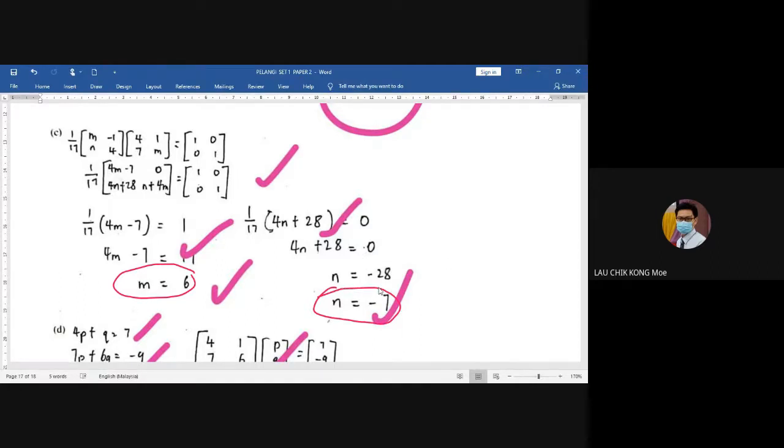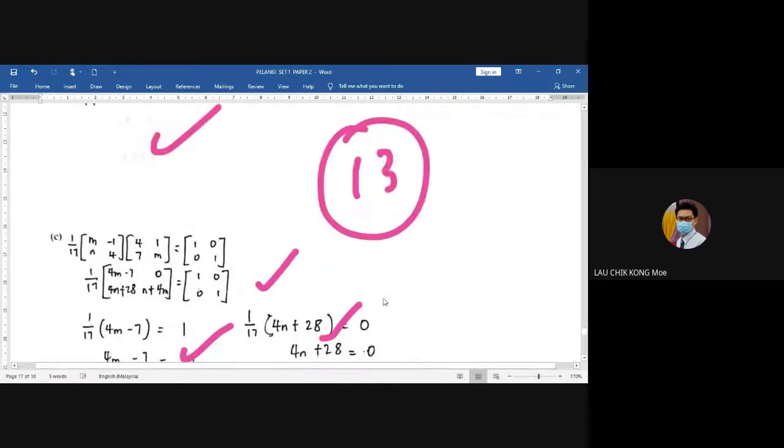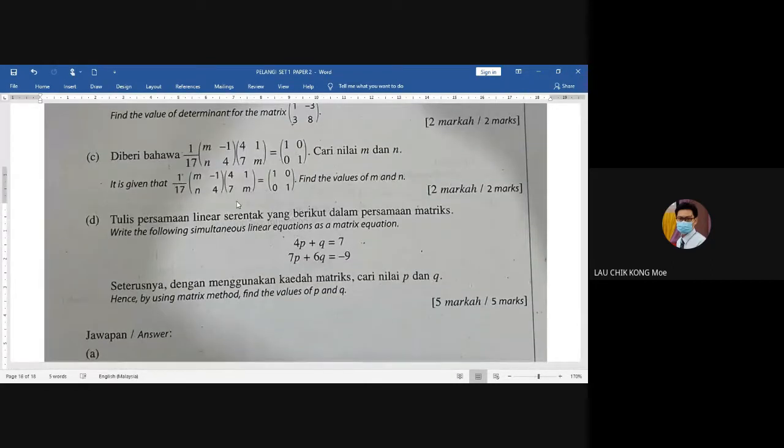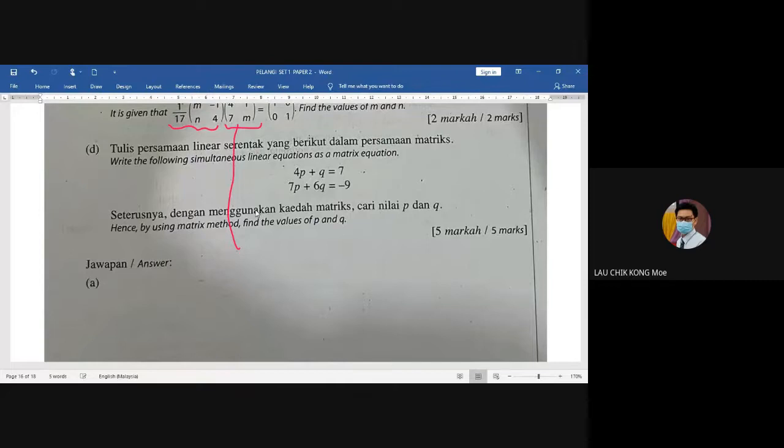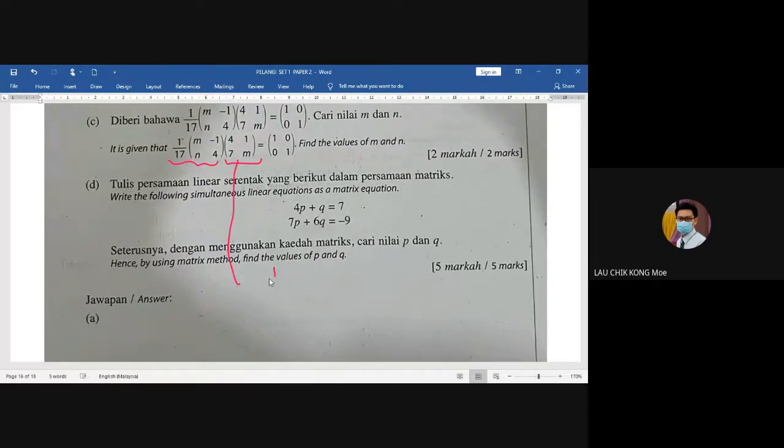Sebenarnya kita boleh buat macam ini ya. Mana soalan tadi saya? Okay. So we try to do this one. And this I do the inverse and then we compare to the first part. We do the comparison here later on. 1 over, I try to find the inverse matrix. 4m minus 7. 4 times m, 1 times 7. And then m is going out, 4 is going down, 1 to become negative 1, 7 to become negative 7.